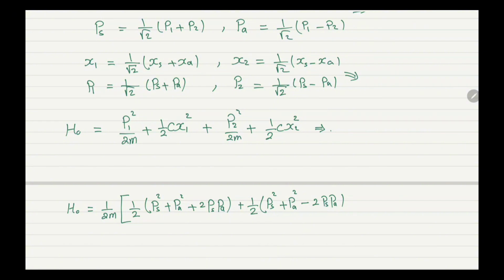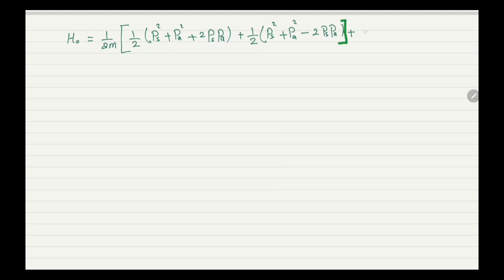This is p1 squared and this is p2 squared. Plus half c times x symmetric plus x antisymmetric squared over square root of 2, plus x symmetric minus x antisymmetric over square root of 2